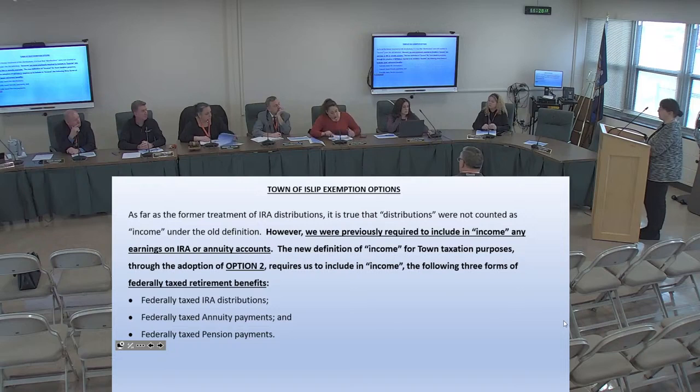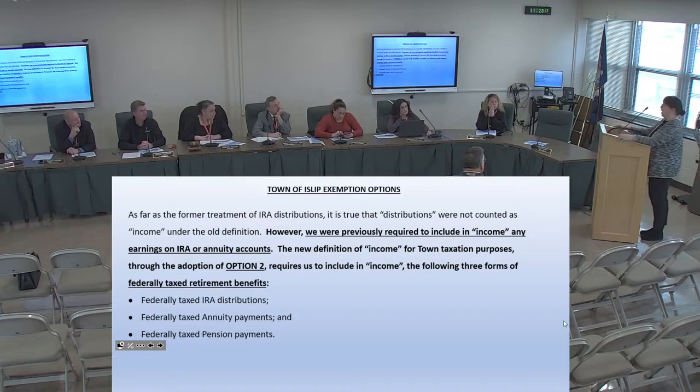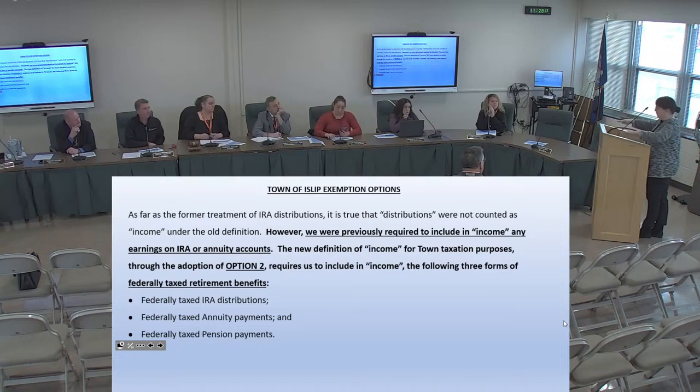So at the end of the day, it might not even have a major impact on us. One of the difficulties for me as an assessor is if you were to say to me, can you run me a tax impact statement next year? If you do nothing, the only thing I can look at, because your income amounts are also different than the town of Islip, you have two major parameters that are very different. So I can't share with you what might happen if you were to adopt option 2 at that point.